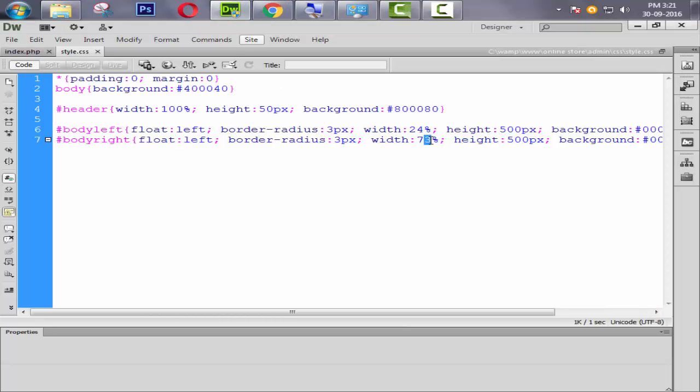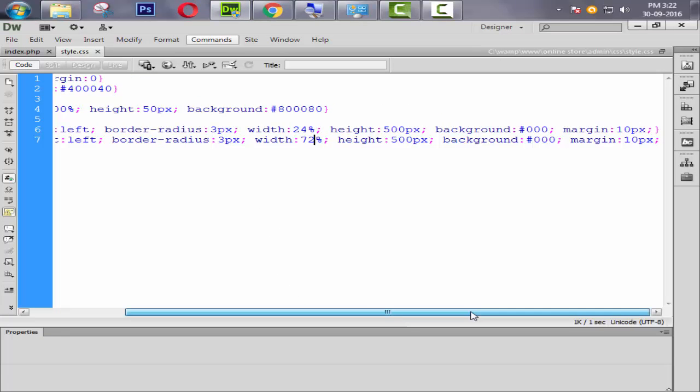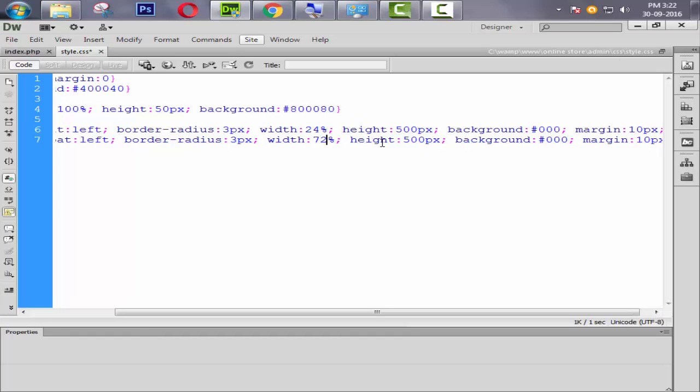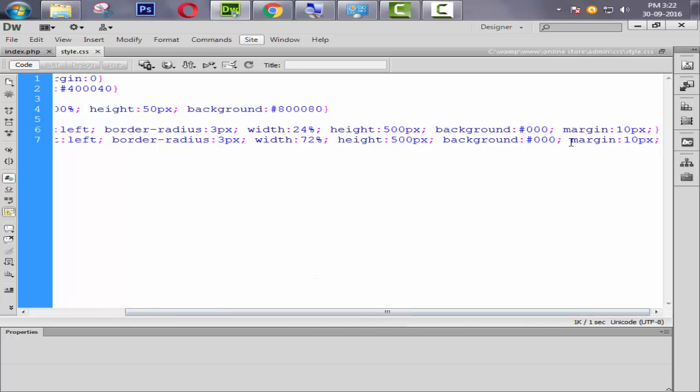Okay, it's coming, but not here because we need to decrease some width of it, so we set 72% of width. Okay, look at this now, it's coming perfectly, but some more gap is available, so I think 72.5%. What about this?